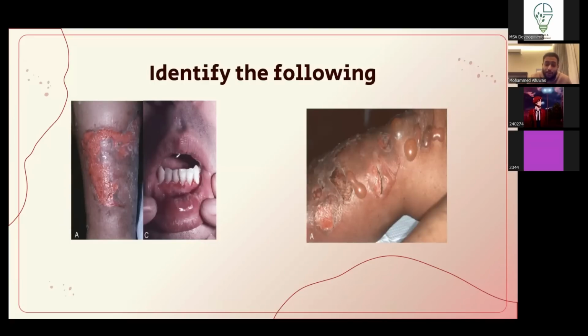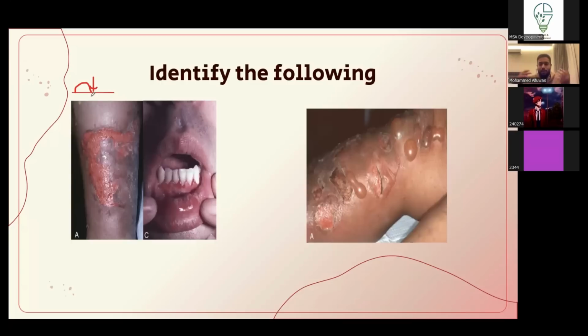Now, if you have this first patient presenting with ruptured vesicles everywhere in the body and oral ulcers, what is this disease? Pemphigus vulgaris. Good. Now, let's just say you have this one bulla over here. What if I put pressure over here and the bulla ruptures? What is this sign called? Nikolsky sign. If you have a blister right here and I put pressure right next to it, this